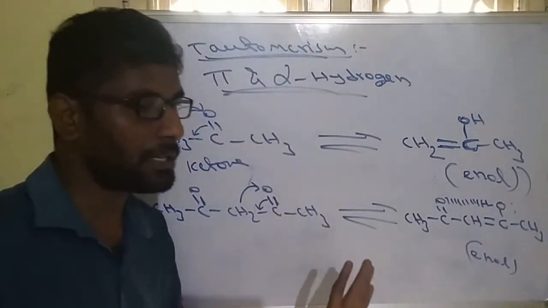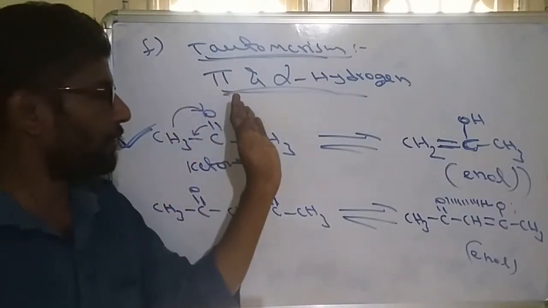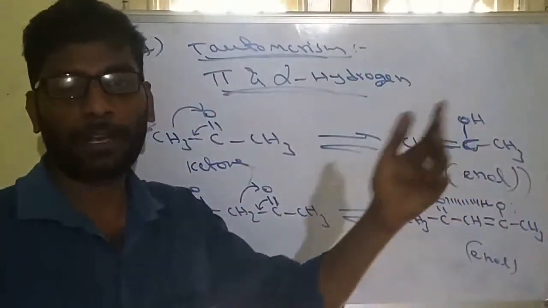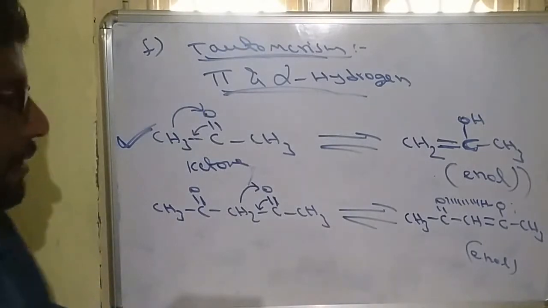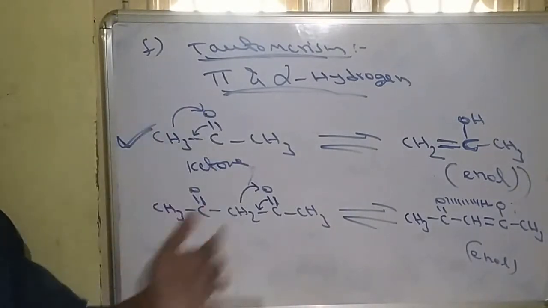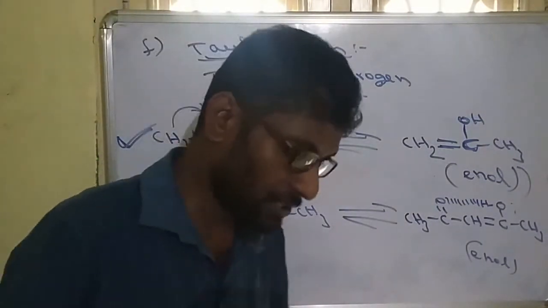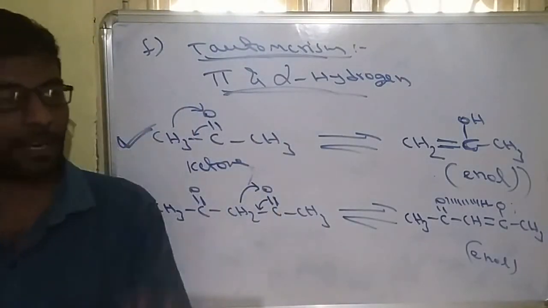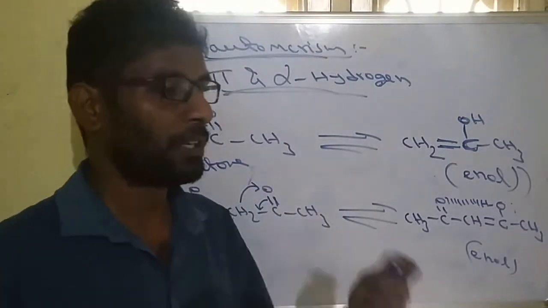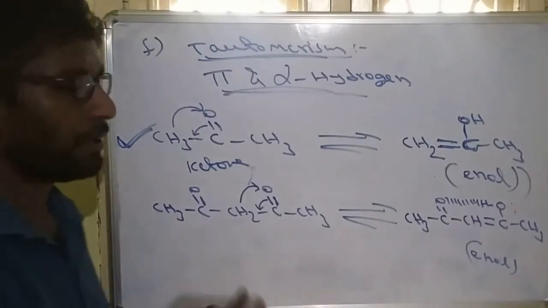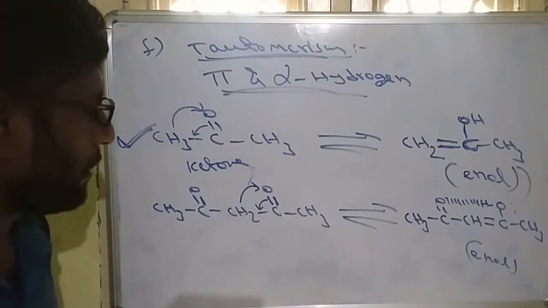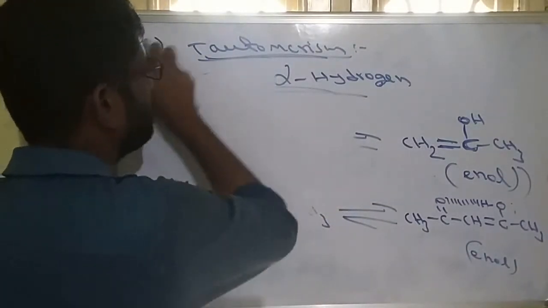So those are tautomers. Due to exchange of alpha hydrogen and pi bond, equilibrium isomers are formed. So those are called tautomers. So all these are structural isomers. The structural isomers can be chain isomers, functional isomers, positional, ring-chain isomers, metamers and tautomers. So next one will be stereoisomerism.